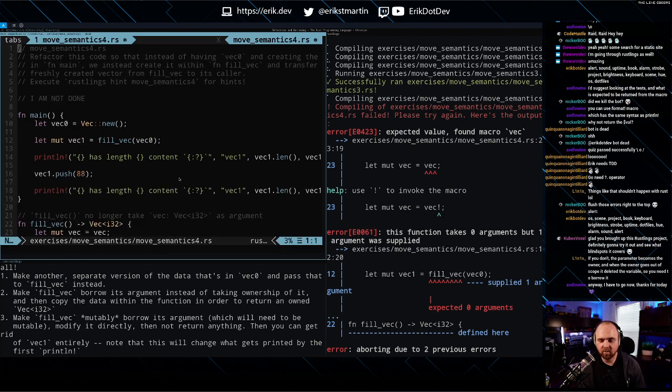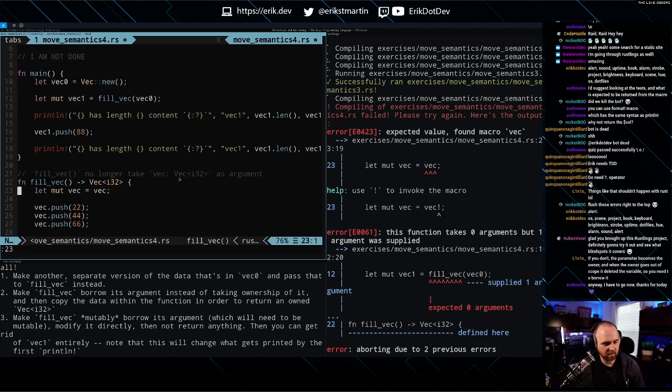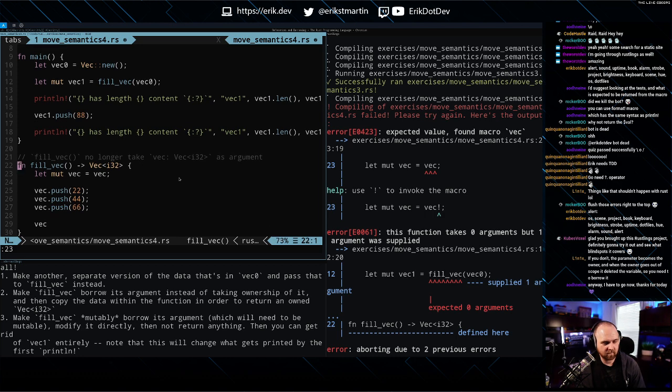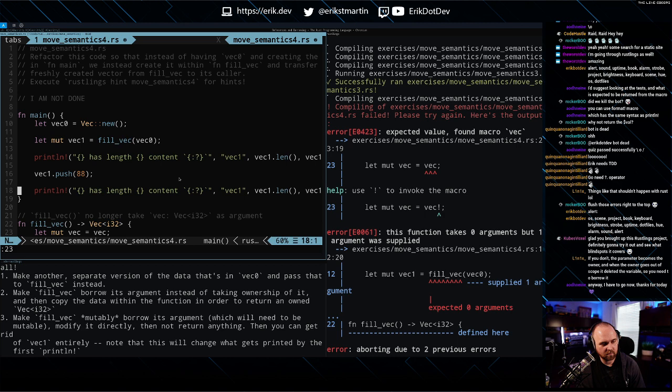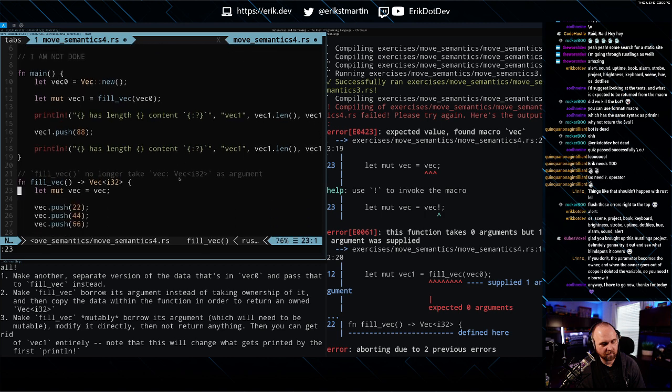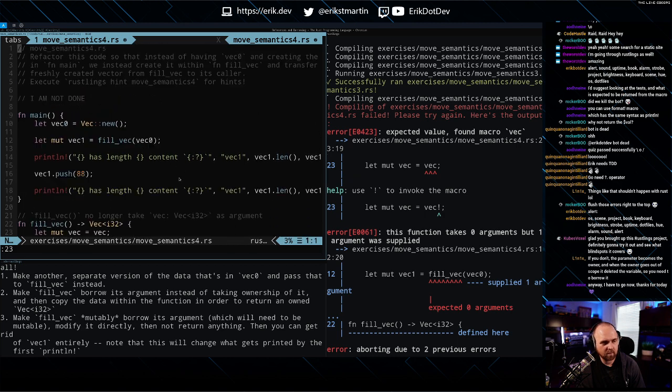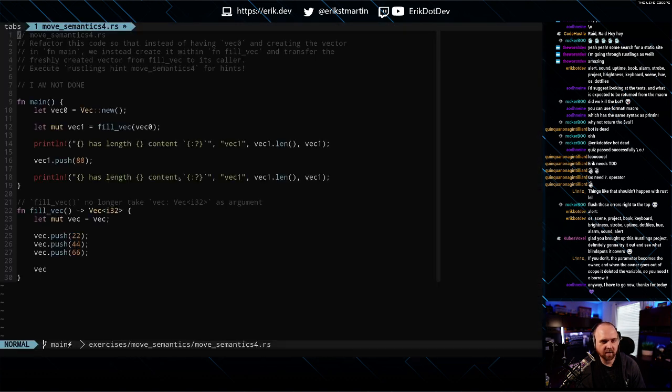Expected value found macro vec on line 23. Fill vec no longer takes a Vec<i32> as an argument. So we'll refactor this code instead of having vec0 and creating the vector in function main, which we instead create it within the function and transfer the freshly created vector.